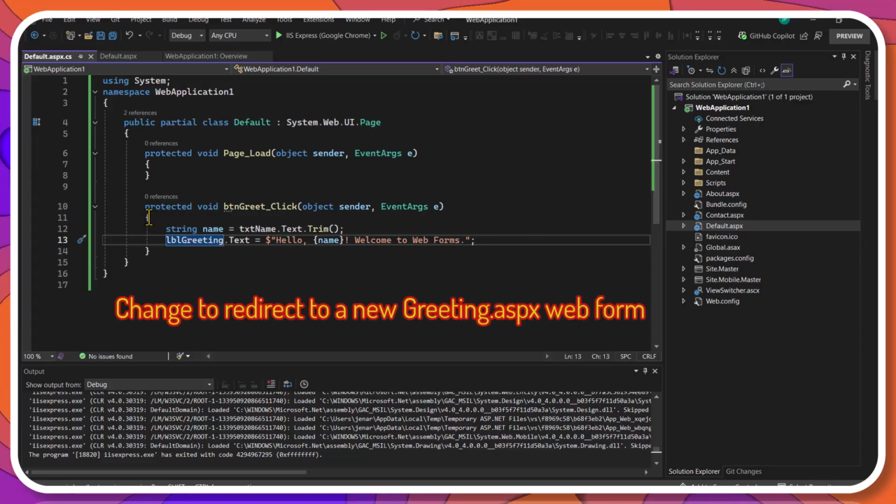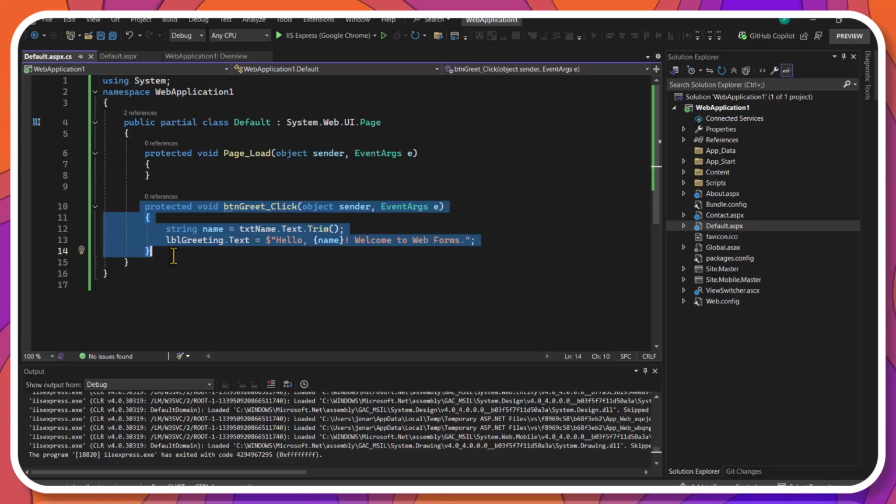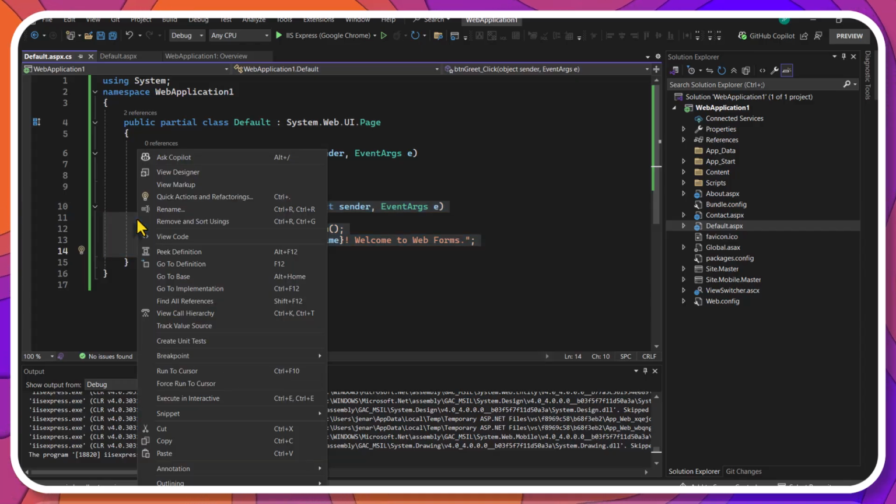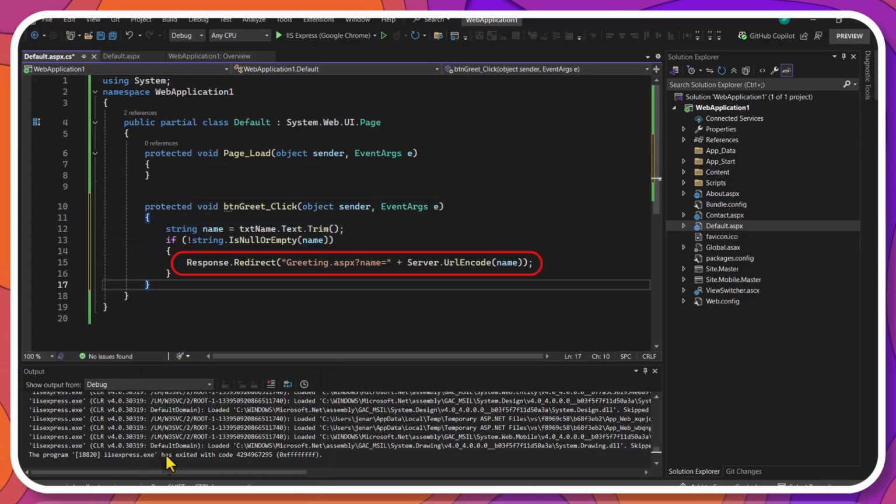Well, now the next change is to modify the event button Greet click to open another form, using the Response.Redirect method, sending the name of the visitor to it.